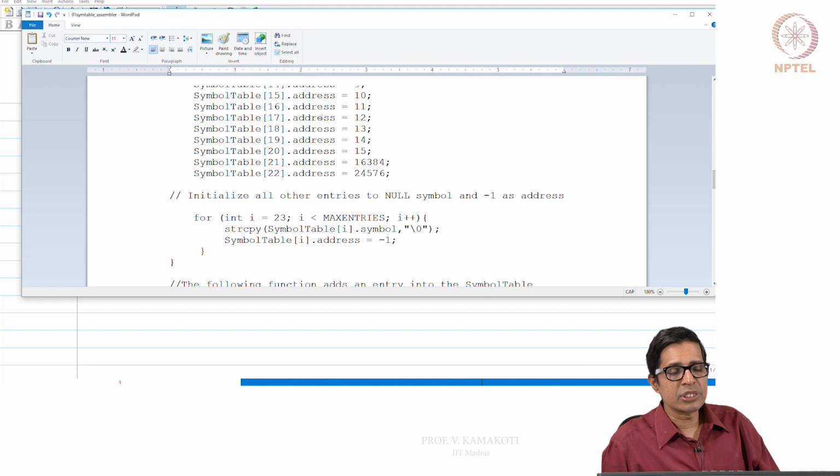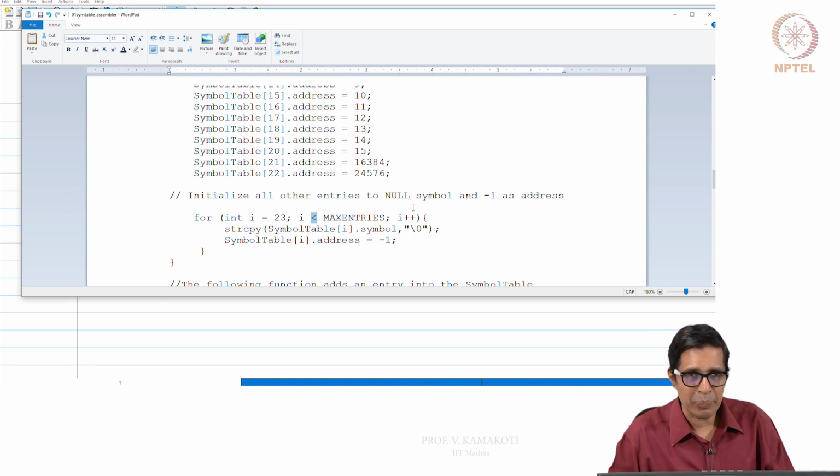Then we have finished 0 to 22. So the remaining entries are from 23 to less than max entries. Totally there are max entries, 0 to max entries minus 1. This is the index: i equals 23, i less than max entries, i plus plus. We just make every symbol null and the return address minus 1. These are initialized, but initialized to a non-occupied symbol.